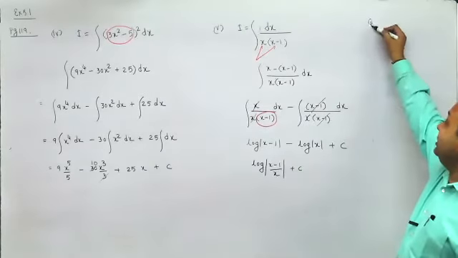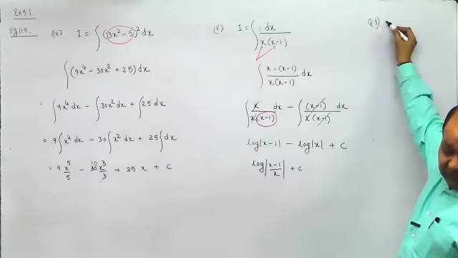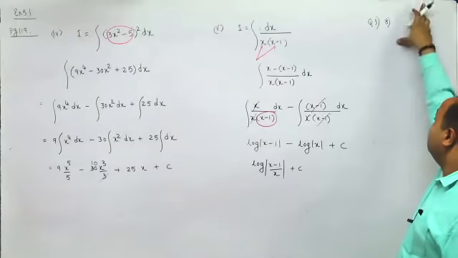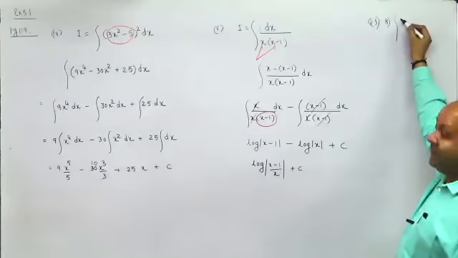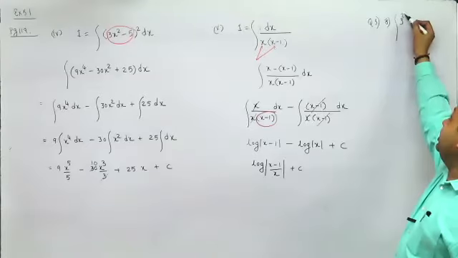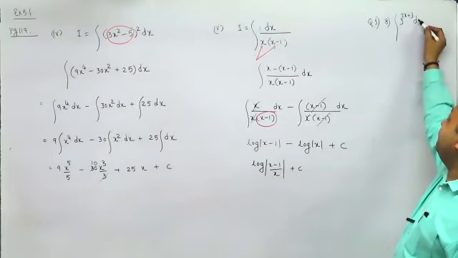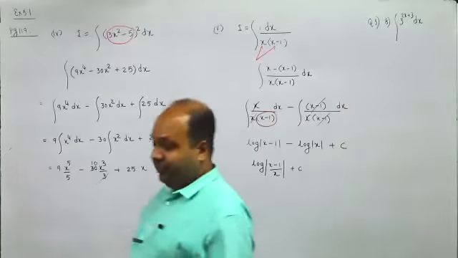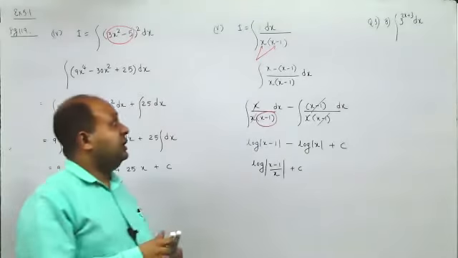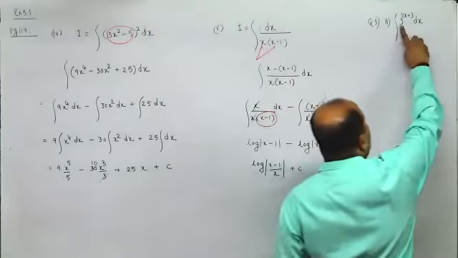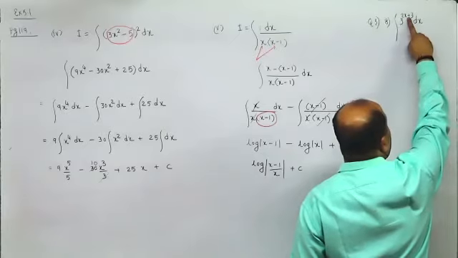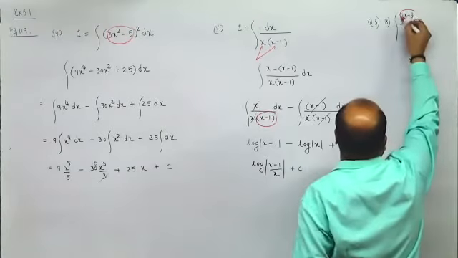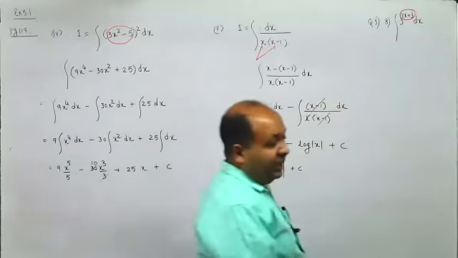From the board sheet, question number 3, eighth problem. It is 3 raised to 2x plus 3. I told you it is in the form of number raised to x term. You can treat this as x term because this is linear, and hence you can treat this as x term.